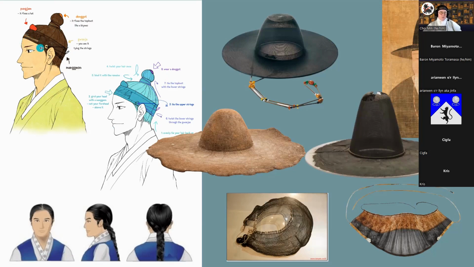And then there's a pungjam, which I know from wearing my out of period cylinder shaped hat. That hat sits on top, like on the crown of your head, whereas these period hats sit right here on your brow. So when you're wearing the out of period one, that actually started hurting because the stone beads on the string were pulling it down. And so I can see now why they would need at the top of this thing a little thing here to hold that hat in place, the one that sits on top of your head that's out of period, because I literally had a bruise from wearing one all day at an event.